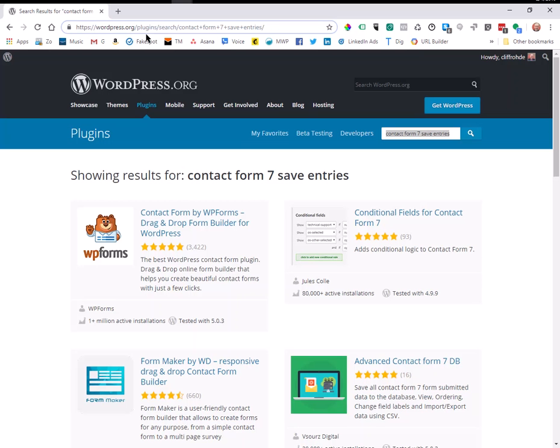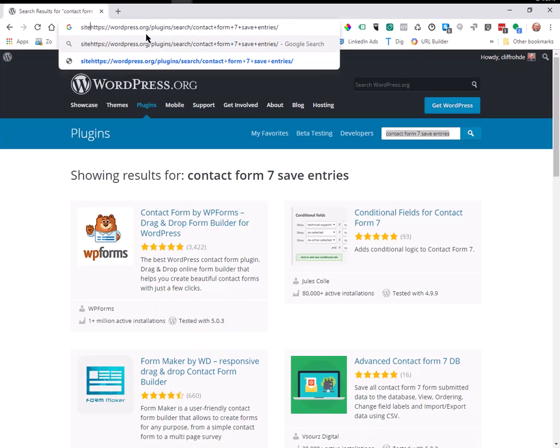And what we're going to do is we have set up our browser so that in the URL bar, Google is the default search engine. So we're just going to add the words site: and we're going to get rid of everything after plugins. And what that is saying is we're telling Google, I want you to look only in the site wordpress.org, and specifically in the subdirectory plugins, which is where one would find plugins. And we're going to search for, remember, it was Contact Form 7 Save